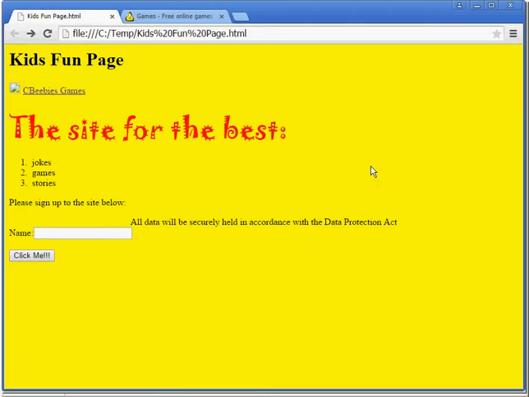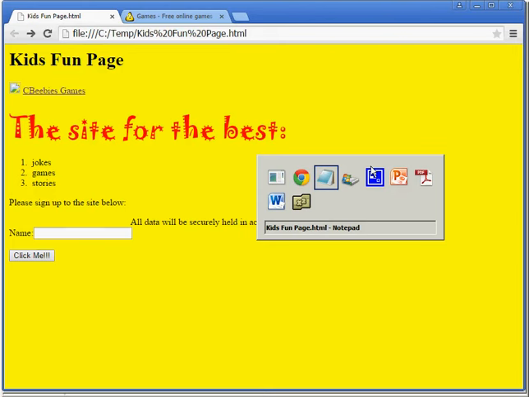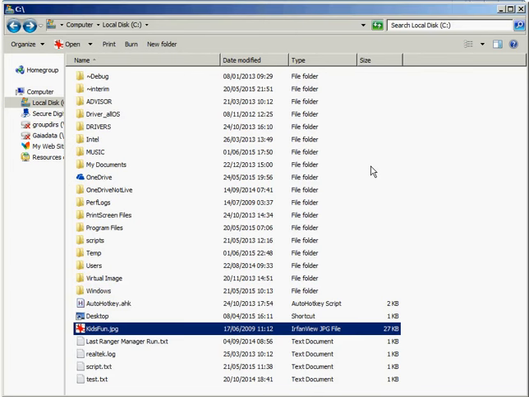Let's see, F5, and I've got what we'd call a sort of broken link to an image, the sort of icon you see when an image isn't displaying on a web page. So to investigate why, I might just go and see that this image, Kids Fun JPEG, is actually just on the root of my C drive. Now that image